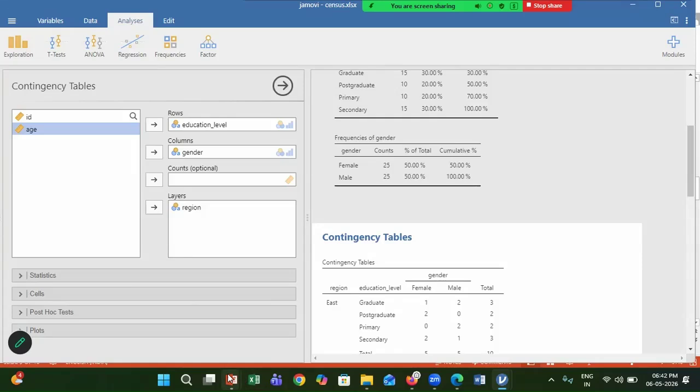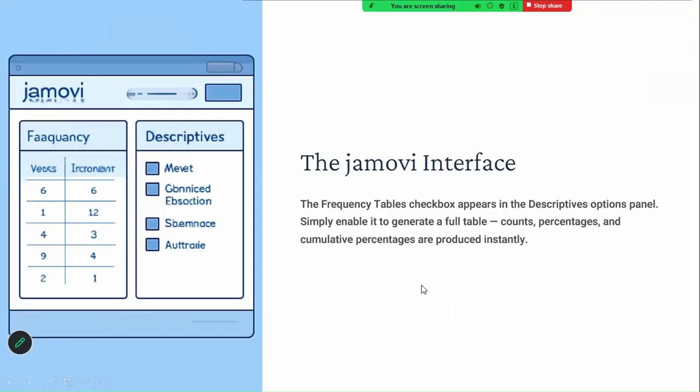Let me go to the presentation mode. In some versions of Jamovi, you may see a frequency tables option. If not, don't worry. The counts and percentage shown in the output already represent the frequency distribution.